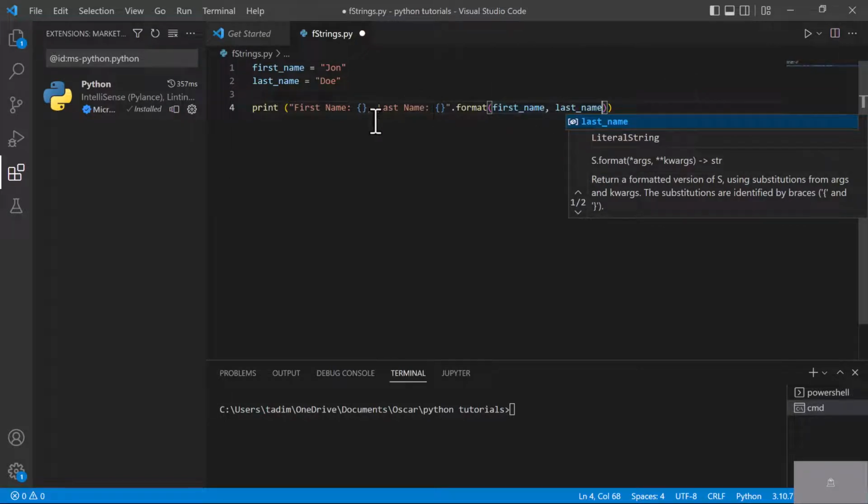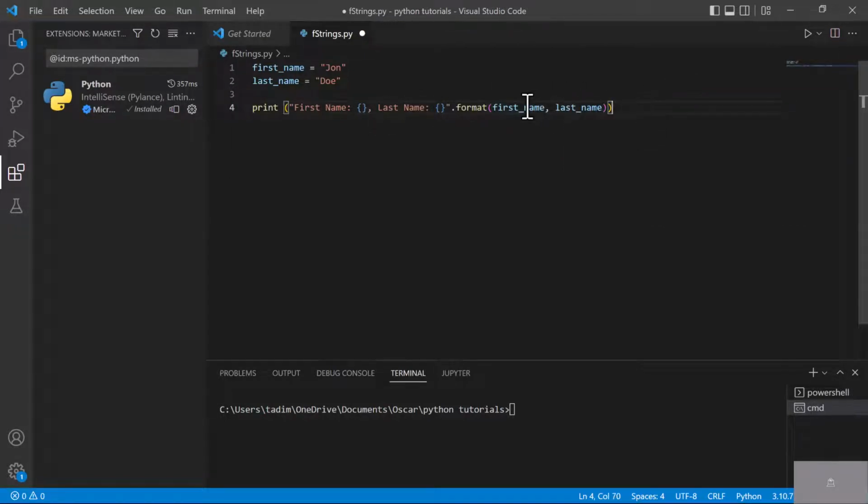So let me explain what I'm doing here. Those two parameters are in order, right? The print statement will first look at the first parameter, which is first name. We pass that into these empty braces, and then the last name in these empty braces. So if I run this